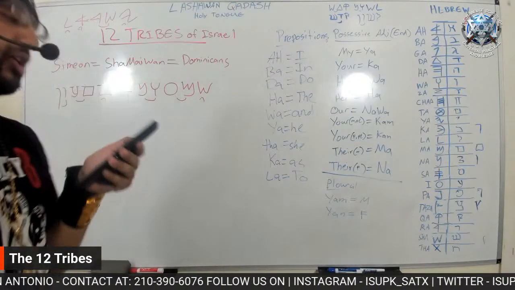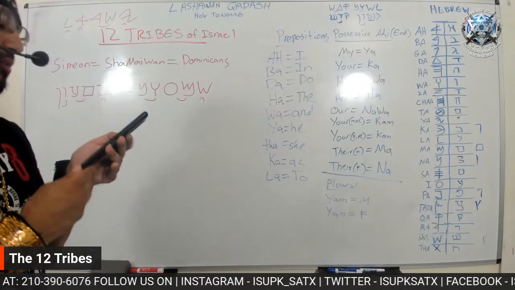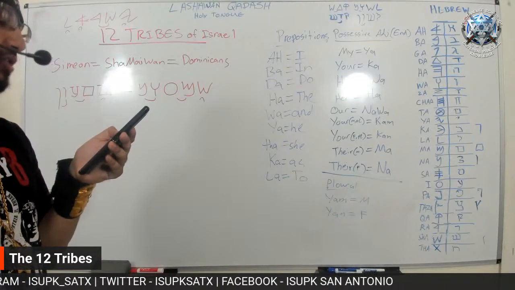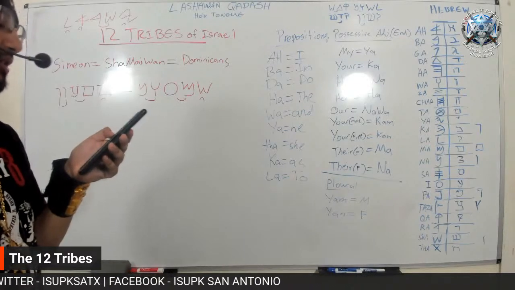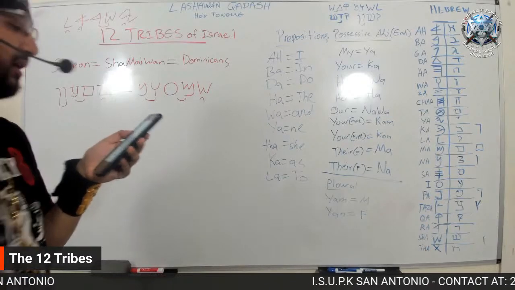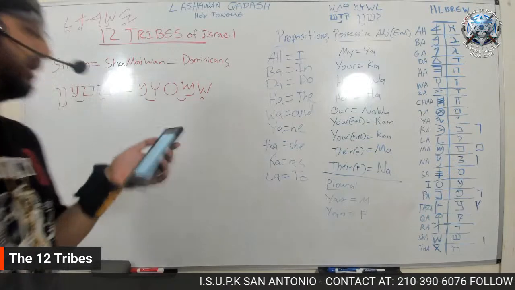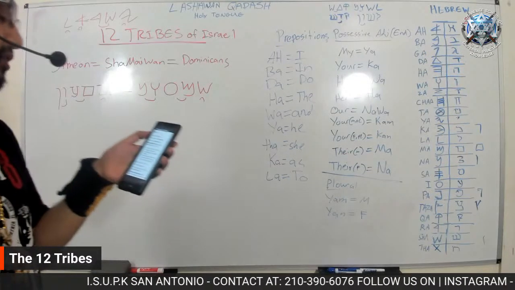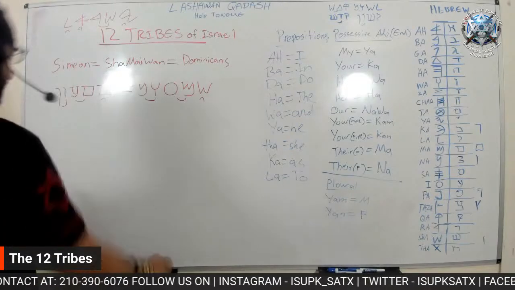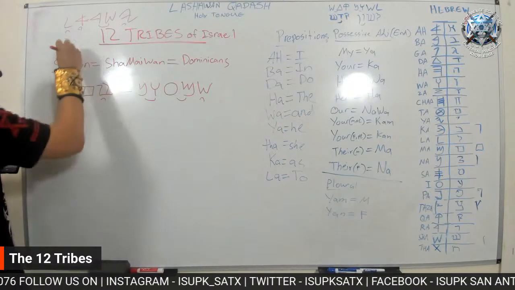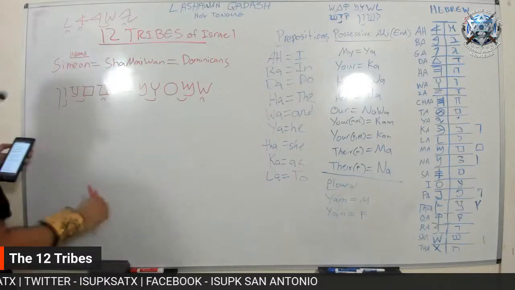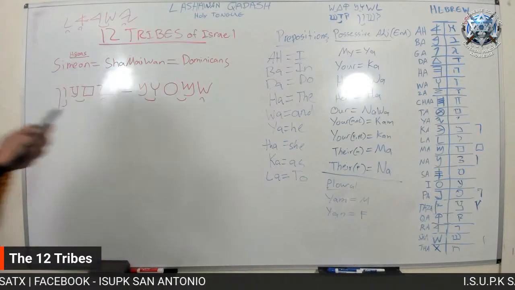She says, and she conceived again and bare a son and said, because the Lord hath heard that I was hated, he hath therefore given me this son also. This isn't the first son that she had, right? This came after the firstborn. And she called his name Simeon. The Hebrew Strong's identification number for Simeon is H8095. I haven't been writing these down, but that's the Strong's number, which means heard.